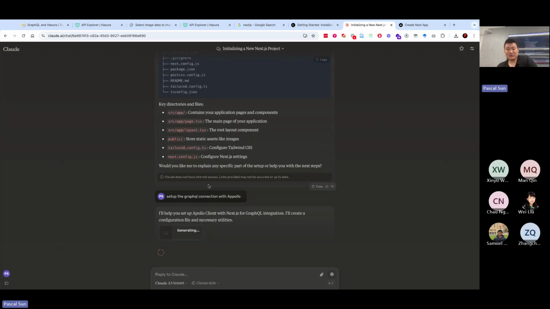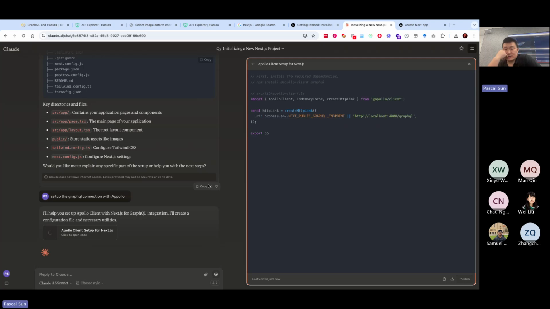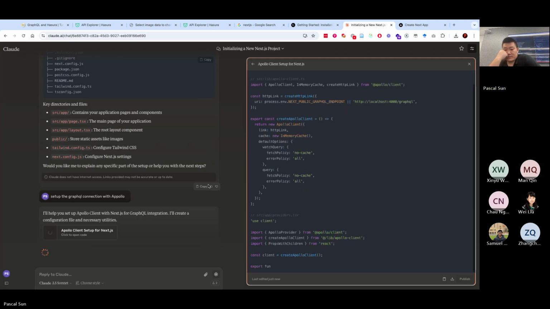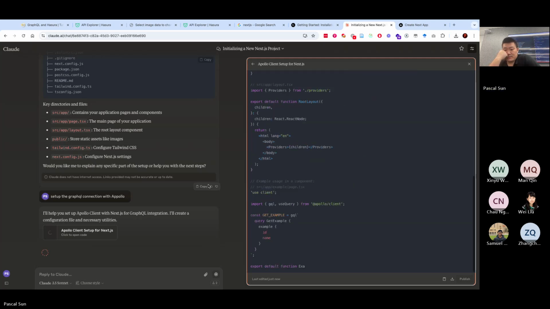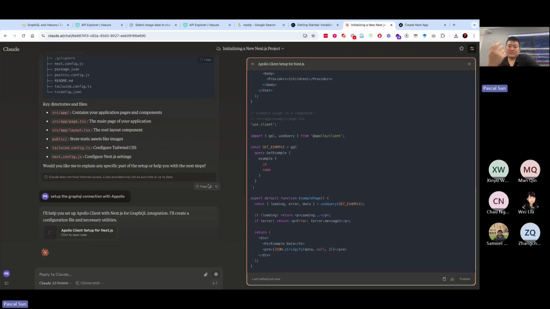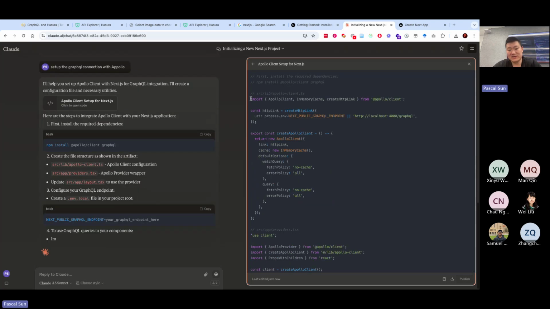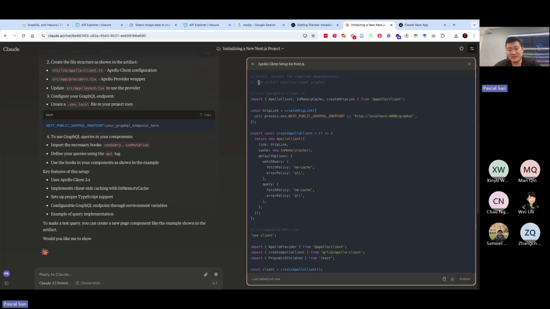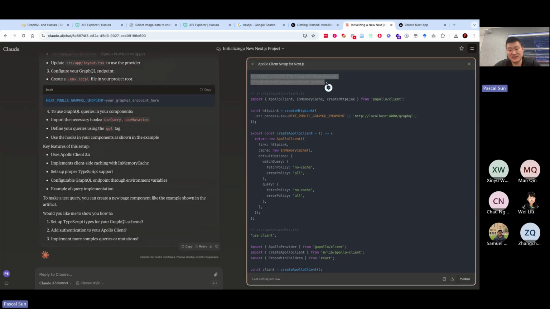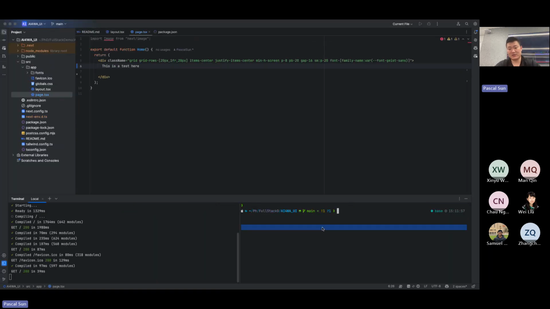It's actually super simple. Yeah, that's what it is saying. So we will follow what it is saying. It's asking us to first install the GraphQL and the Apollo client packages. So we go there and run the command it provided,